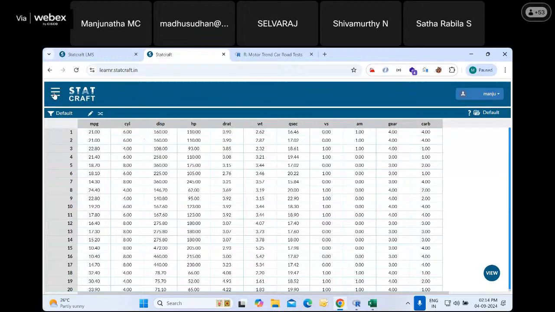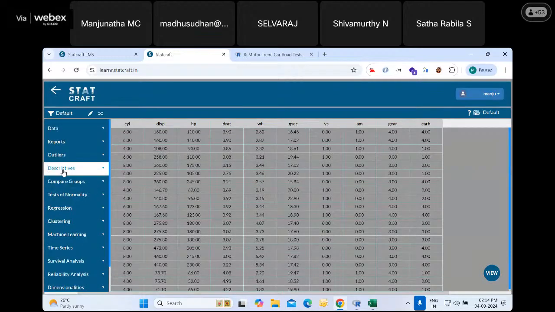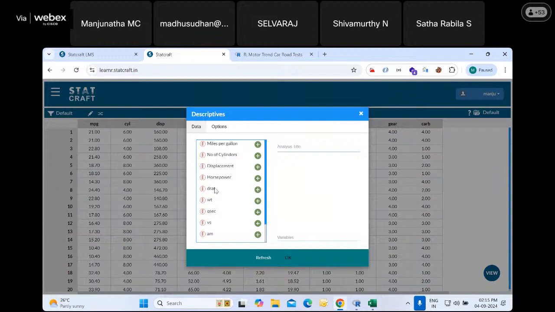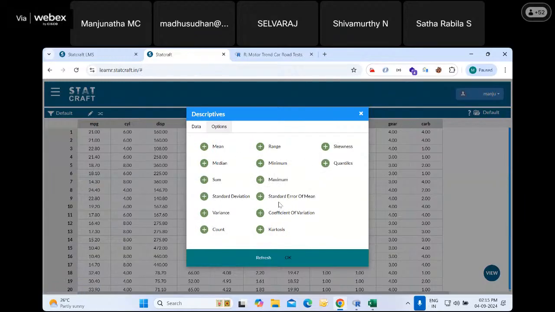So for that I can go to this particular menu and click on descriptives. This is the pop-up that appears. Basically, I am performing descriptive analytics. I can give a title, like descriptives for MPG, though this is not mandatory. I'm interested in finding this for miles per gallon. I choose the variable, so this variable has been chosen. Then I come to the options. I'm interested in finding the minimum and the maximum. When I click on OK,